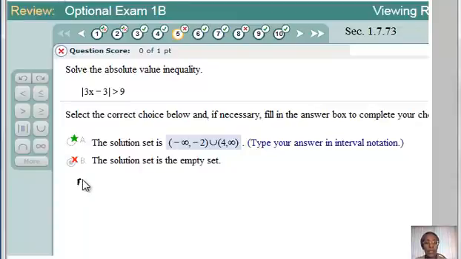So the first thing I need to do is to rewrite this as an equivalent statement that doesn't have absolute